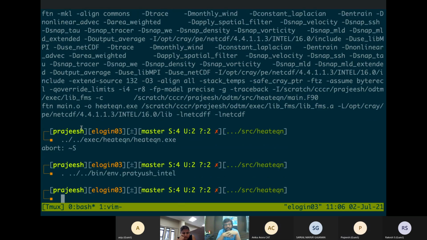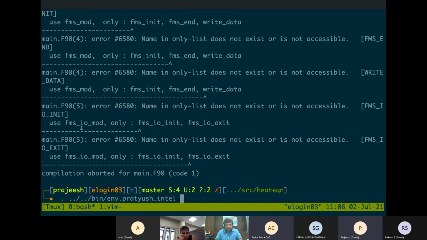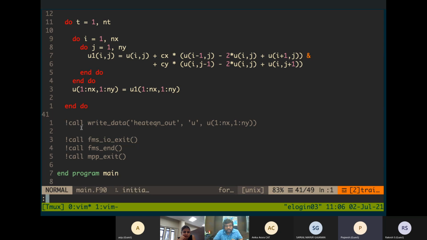If I just compile it using the normal compiler FTN and the main F90. One more thing, I have to comment all these out.